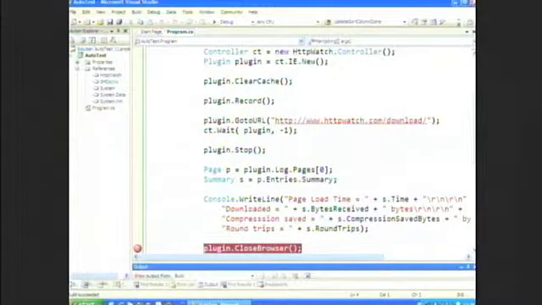I've got Visual Studio here, and I just wanted to show you quickly how easy it is to drive HTTP Watch. And you can really do anything you can do through the user interface and pull out any data item that you see within HTTP Watch. So I've got about 12 lines of C#. This is a simple empty cache test. And I'm going to start to single step through this, and I'll just talk about the important statements within this